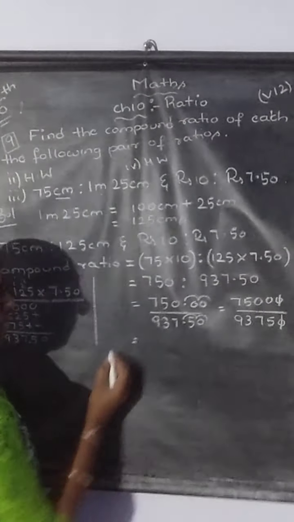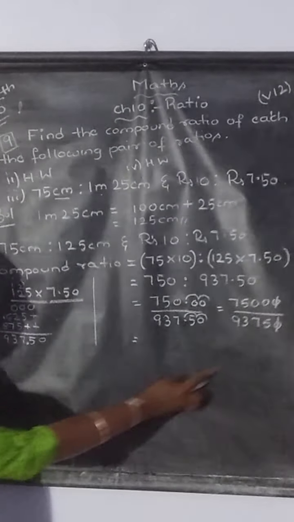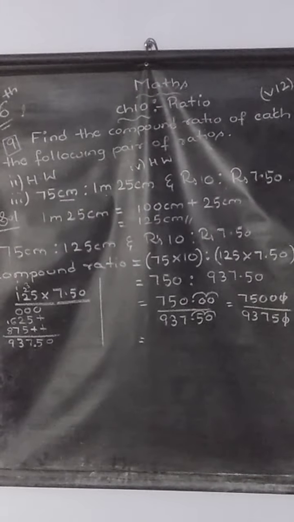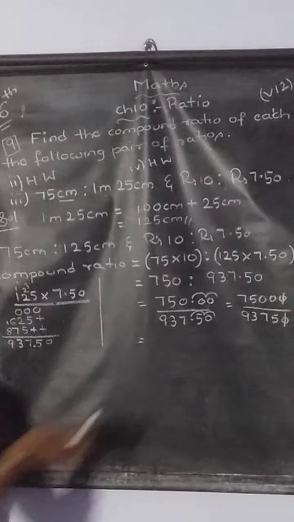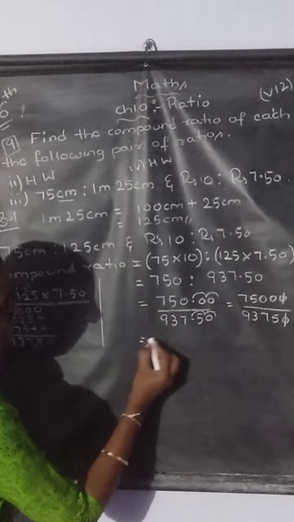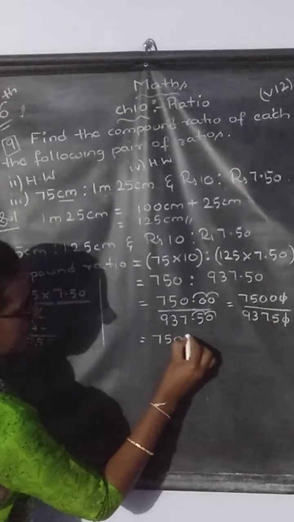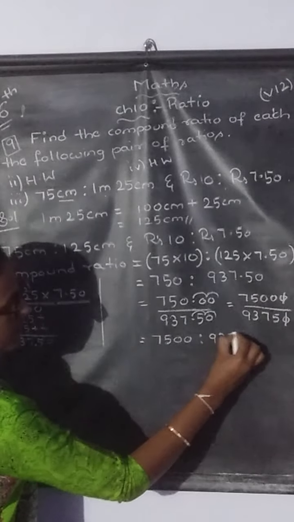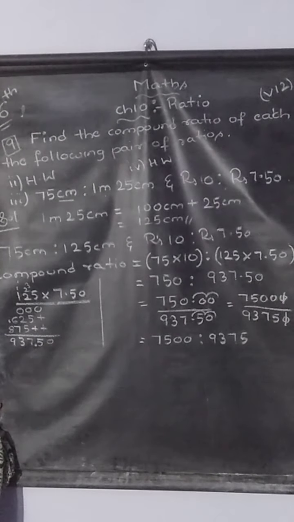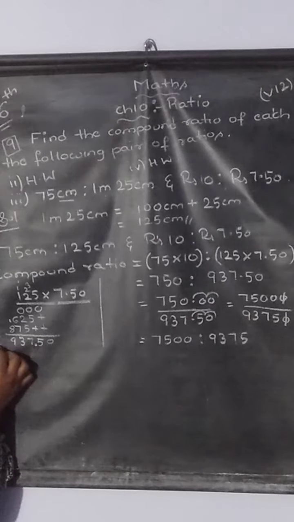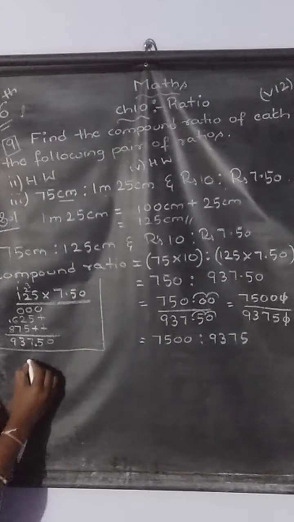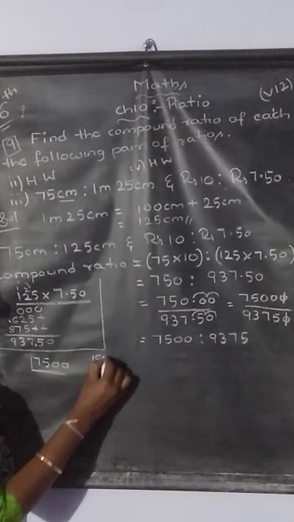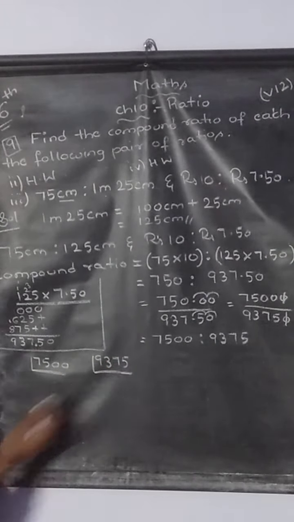Okay. So it can be written as, 1 second, children. Okay, children. Since the number of zeros were equal in both numerator and denominator, we have cut 1 zero. So what is left now? 7,500. Okay. And the denominator 9,375, which will be your consequent. Okay, children. Now, we just want to reduce it to the simplest form. How can we reduce it? By doing the HCF. Correct? So, take out 7,500 and take out 9,375. Okay. Let us simplify it, children.